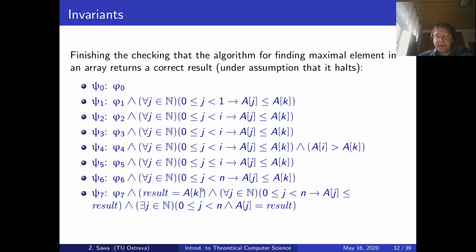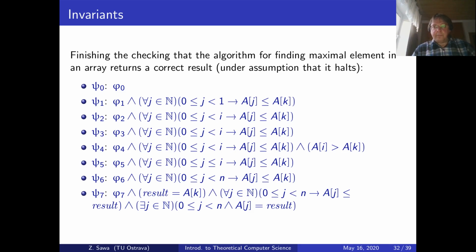So for each j where a_j is within the array bounds, a_j is less or equal to result, and there exists some j that satisfies equality. If we check all these invariants, and in particular the invariant that holds in the final state, and check that this invariant implies the conditions specified for what the output should satisfy,